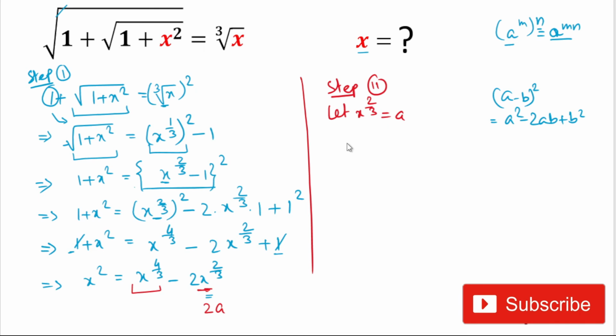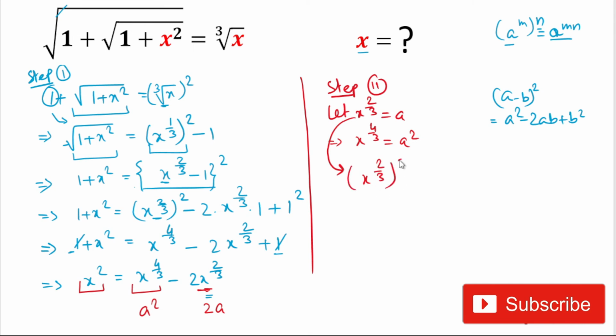Now if we square both sides, that is x raised to the power 4 over 3, we will get, on the right hand side, a square. So this value will be a square, and now we have to find the value of x square in terms of a. Now here this term, if we cube both the sides, it is x raised to the power 2 over 3,